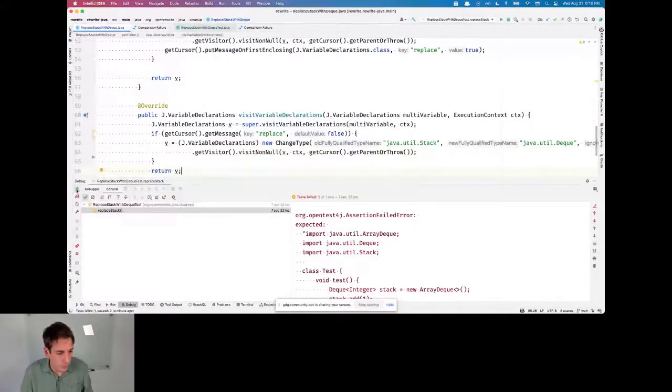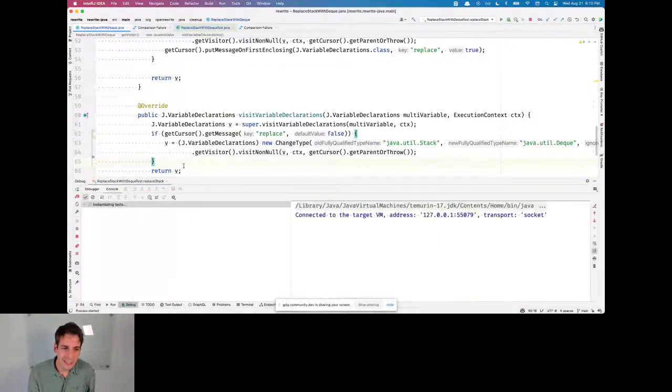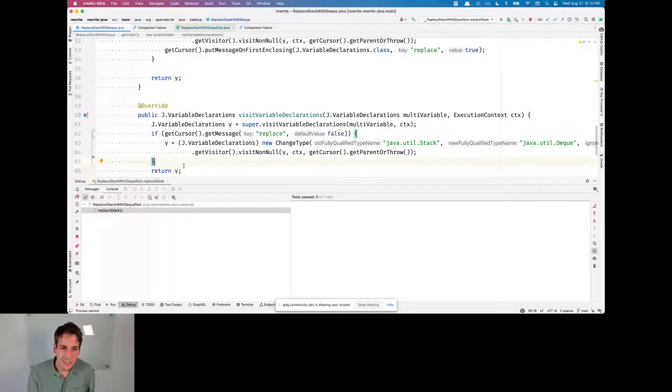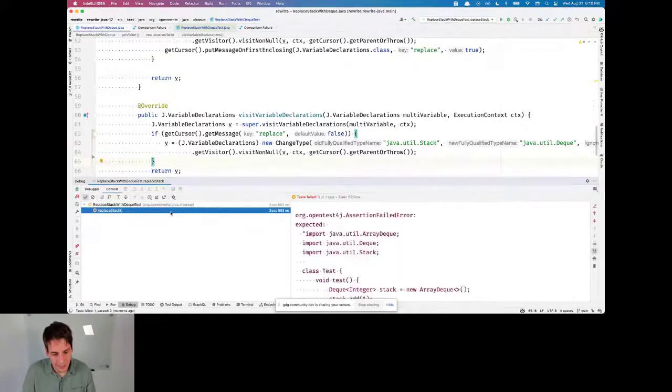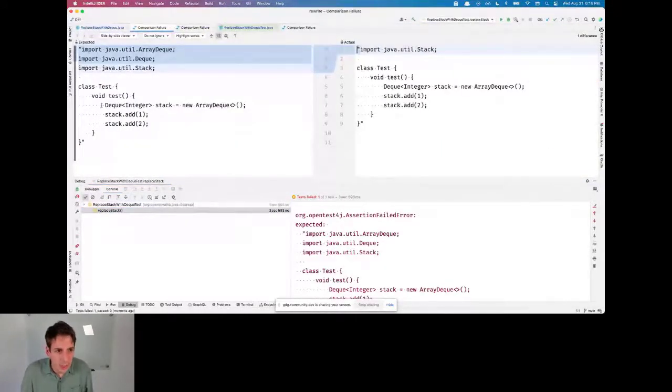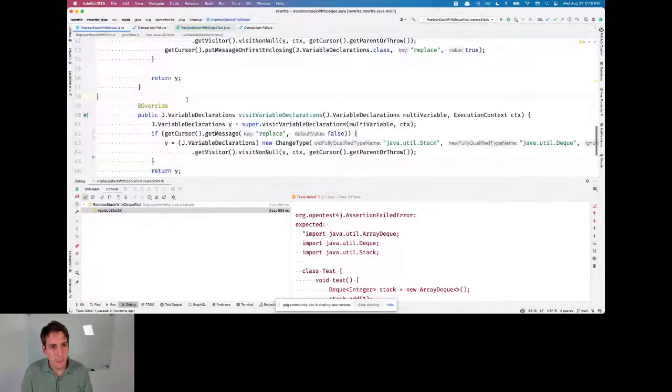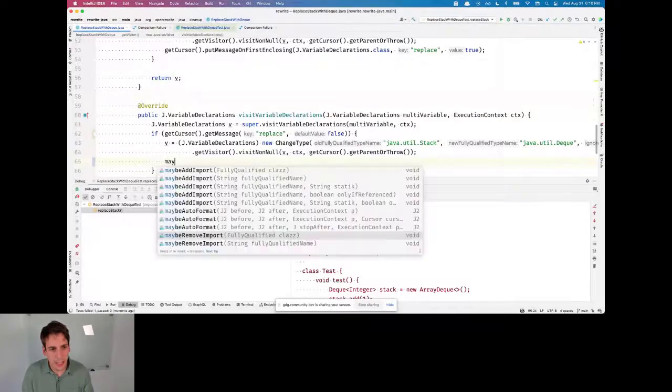Let's run this one more time. So we're getting closer. Now I've got DQ over here and array DQ on the right side. But I also need to add a couple of imports.